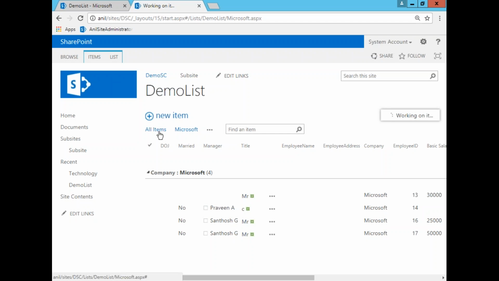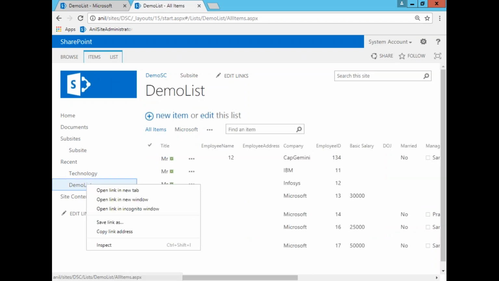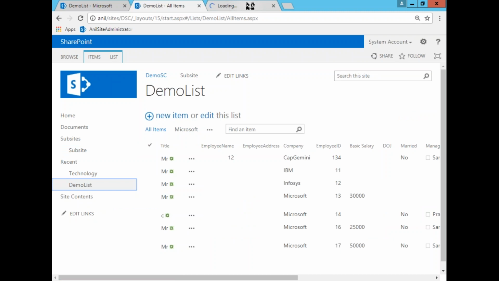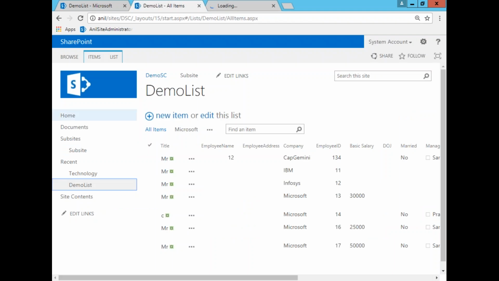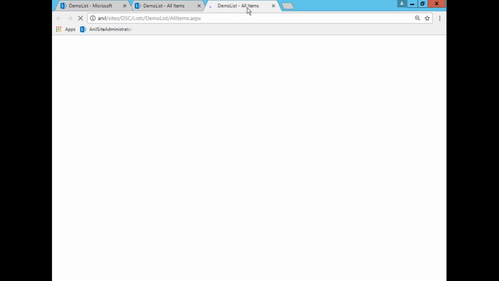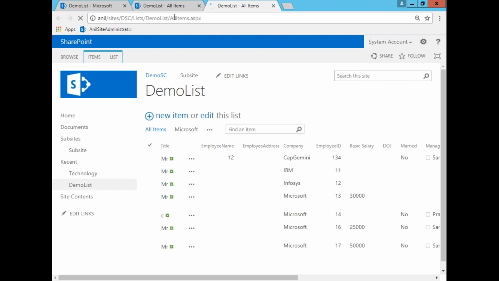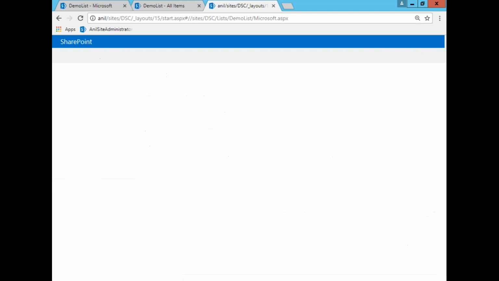Okay, and coming to default view, if you try to open this list in a new tab, or you are coming with a list URL, then the all items view will display, because this all items view is the default view. See, it's opening a demo list, and here at the top it's showing all items.aspx because it's the default view. So if I want to make my view the default view, I can select this option directly from here. If I go to Microsoft view,